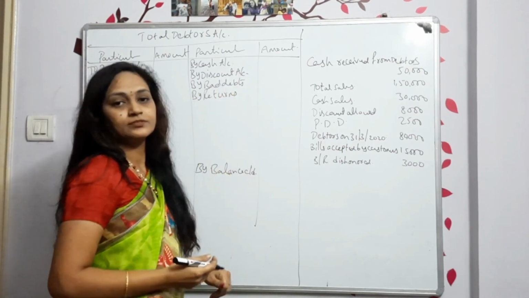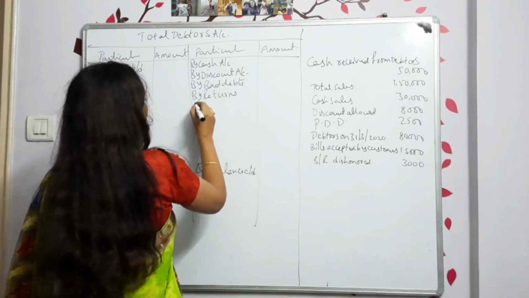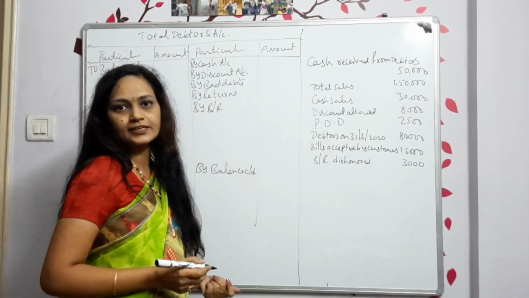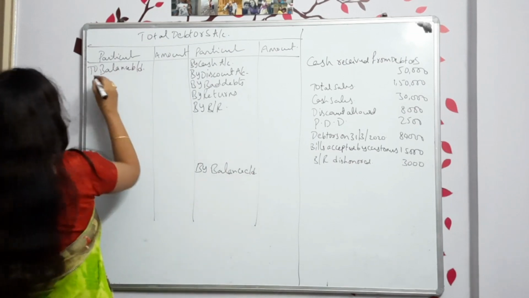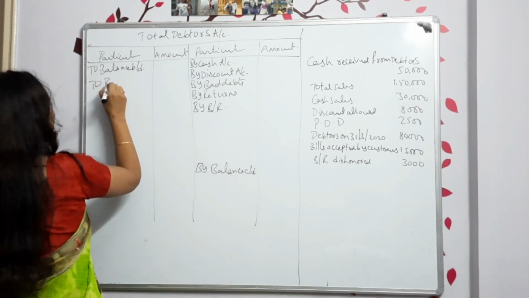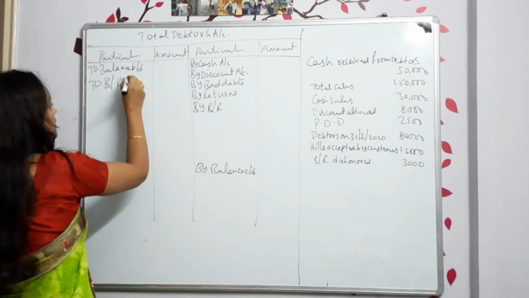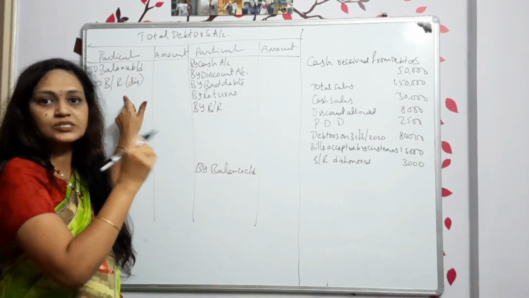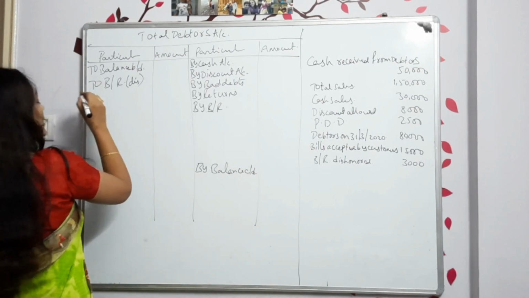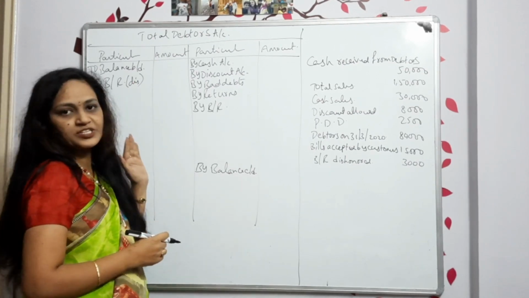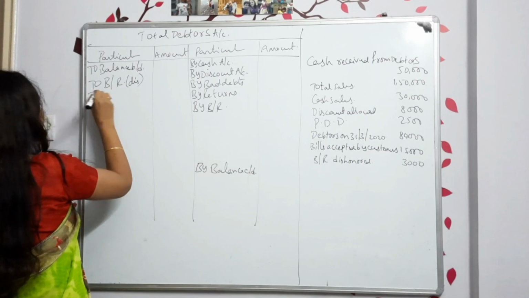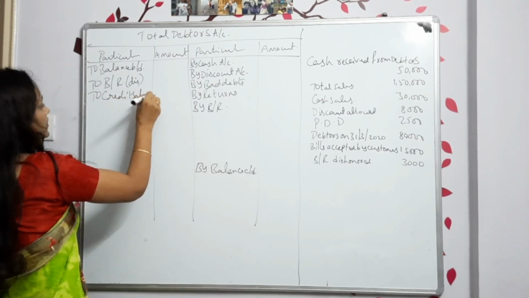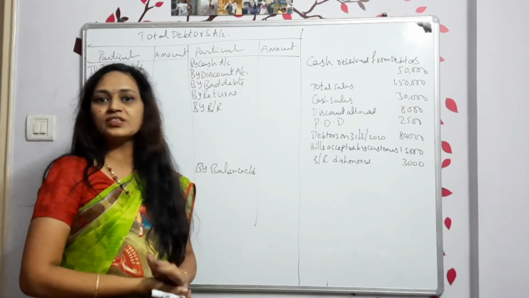And if any new bills were accepted, we write that here. After that, on the debit side, to bills receivable dishonored: if any bills receivable is dishonored, we mention it here. Any cheques bounced, that also we mention on the debit side. And then to credit sales. Correct? This is the format I gave you in the last class.